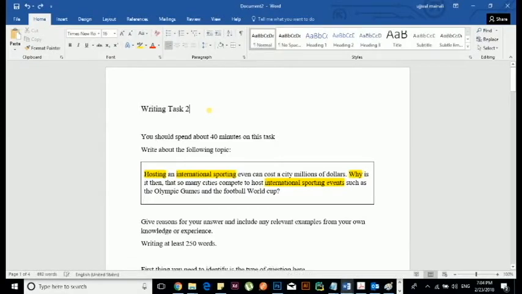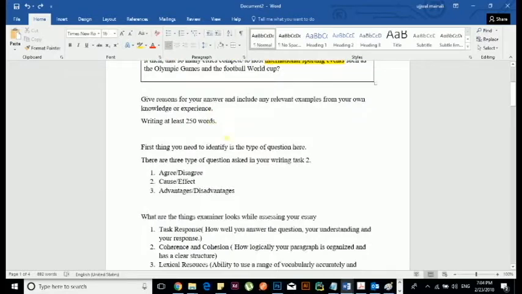Today we'll be discussing how to approach writing task 2 in your IELTS academic examination. Before we directly dive into the questions and how to approach them, let's see what type of questions you may be asked in your writing task 2. Here are the types of questions you may be asked. Agree, disagree,